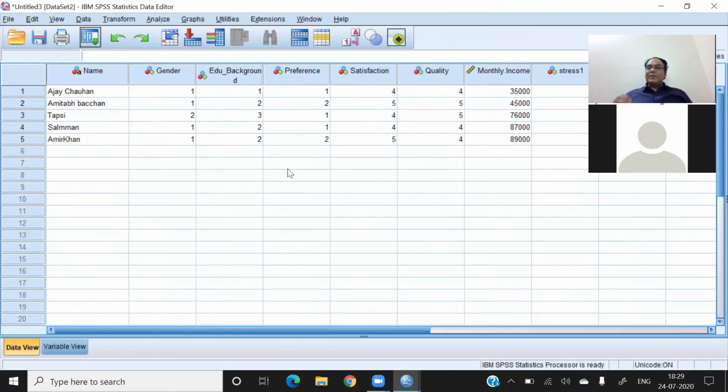You can see that the file is there. So this is the way we can import the file from Excel to SPSS. I hope now, at least at this point of time, you are aware of how to create the data set and how to maintain the data set in SPSS, and this process is known as the data punching process.